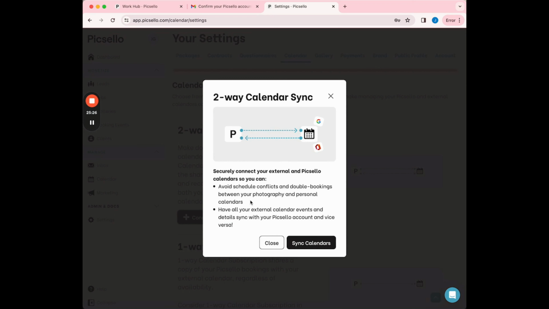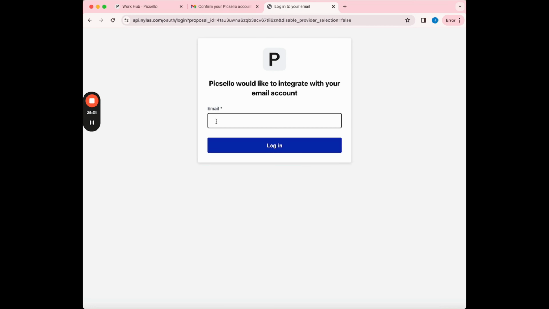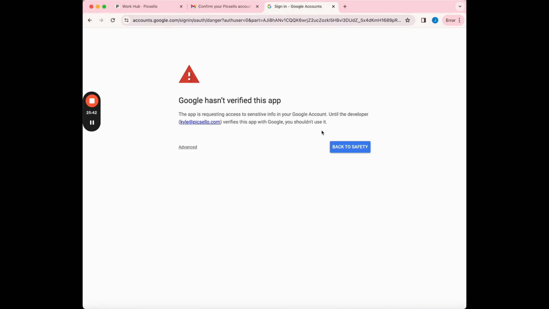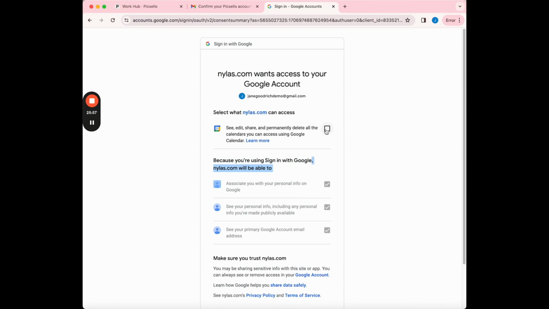It says securely connect your calendar. So I'm going to go ahead and sync my calendars. I just started a Gmail account for this recording, so hopefully I can remember my email address. It says it hasn't verified it, but what you do here is click Advanced and go to Nyland. Sometimes it does that depending on which browser, but we have verified it, so we can continue to